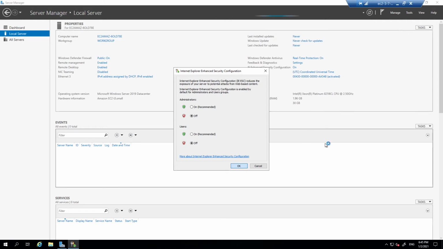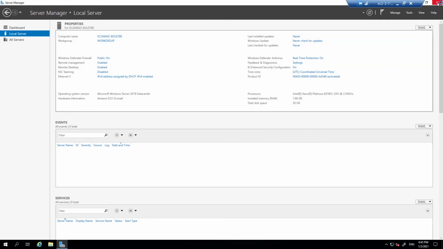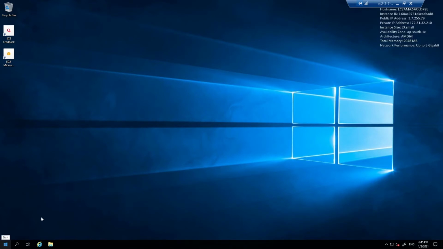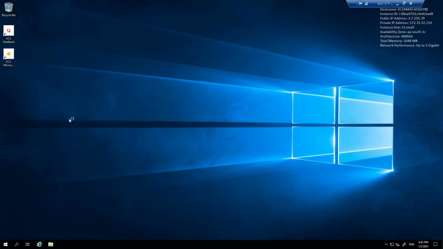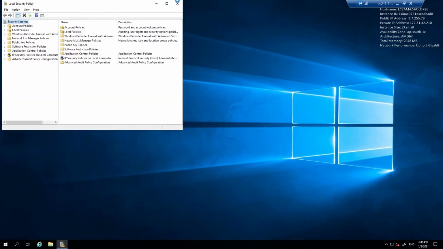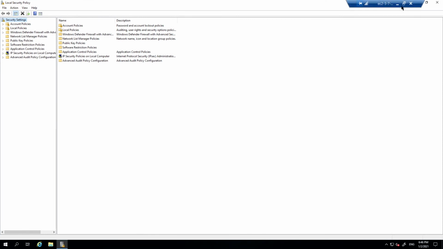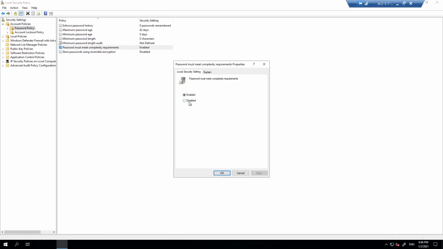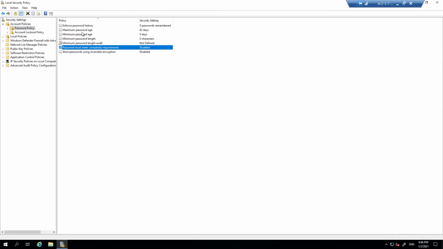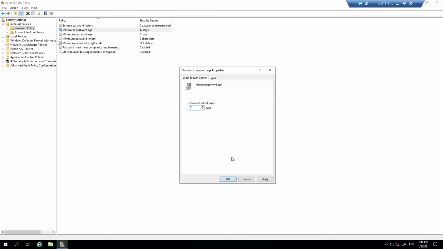Then after that we will need to set the policies and add a user or change the username as we want to. So next thing I will do is I'll go to search and I'll search for local policies. And in here we will go to Account Policies, Password Policy, and change the password complexity to disabled and then the password age to 0. This one. Okay, maximum password age to 0.